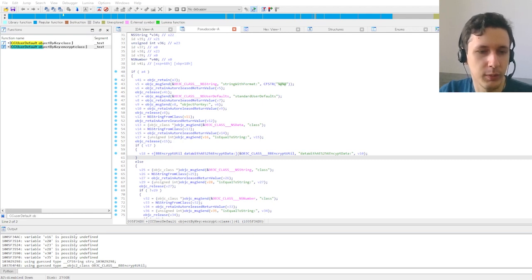If we're re-instrumenting the keychain and the encryption, we can see that